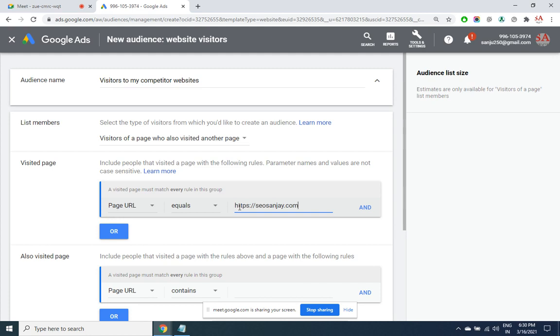But if I want to advance his purchase, why not create an ad giving a small offer code? I know this guy has already visited my website. Let's say in my case it is a training institute. So someone who has searched for SEO training institute visited seosanjay.com maybe a few days back. I want to target my ad to him. Why? Because 95% plus customers are the ones who did not join my course immediately, though they have shown interest.